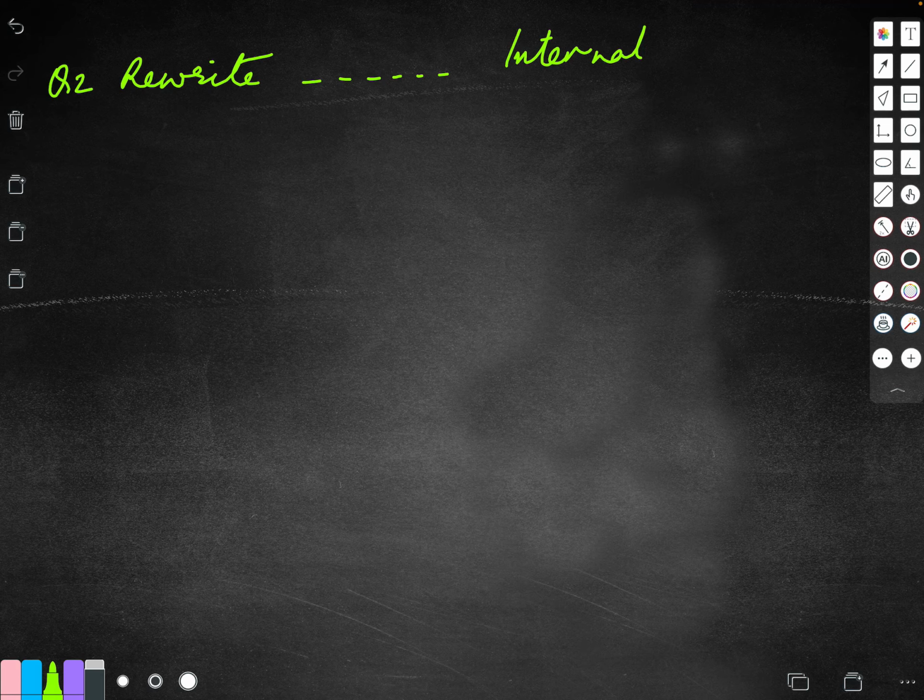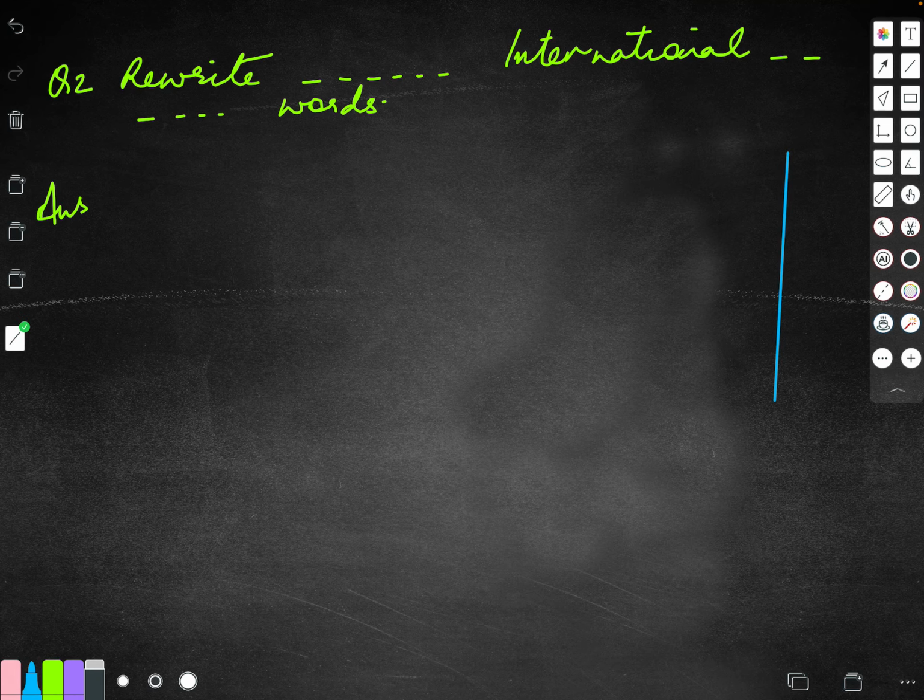So here students, let us continue our work with question number 2. We will write the question in the dash form. Now certain numbers are given to us and we have to write these numbers in the international place value chart, which we have studied in the previous video, and also write these numbers in the words. So we are going to do the same thing. We are going to make an international chart now for all the numbers.